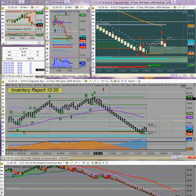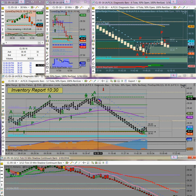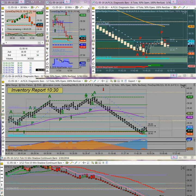Gold this morning had absolutely no volume in it, and it still doesn't seem to have much volume in it. But it did make a nice move for trend traders. And I know Daryl really does like to trade gold with the Nadex because the spreads track very, very close to the underlying contract. And keep in mind, last night we rolled to the June contract. If you have gold charts up, everything has to be